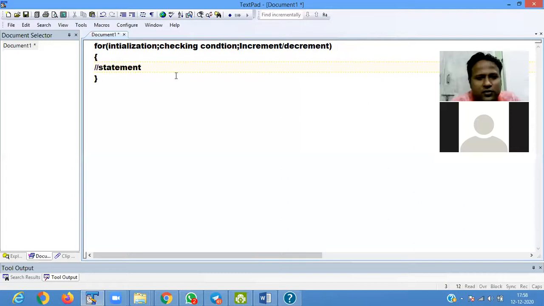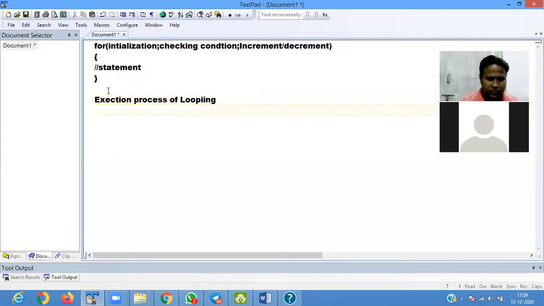Ankita, understood? Ankita, Abhishek? Yes, sir. So first, what happens? Execution process of looping. First is initialization.